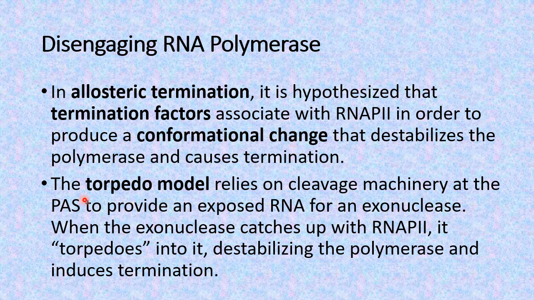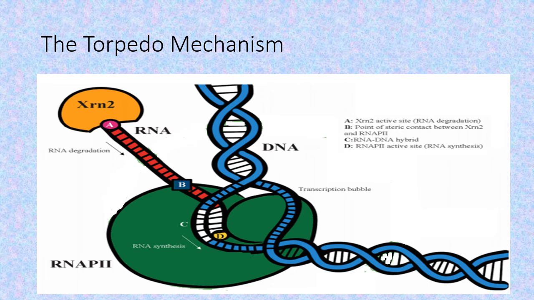The second hypothesis says that it involves exonuclease activity, and that model is known as the torpedo model. According to this model, once the cleavage occurs at the cleavage site,